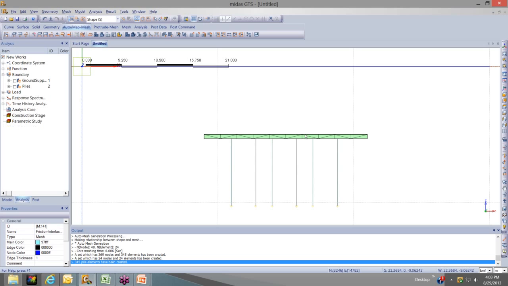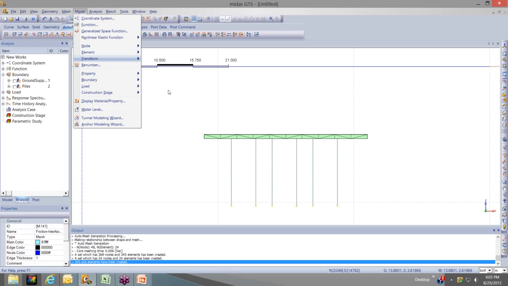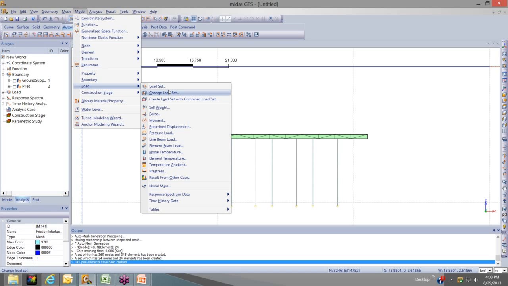Okay, so as I was saying, in order to create the pressure load on the pile raft, just go to Model, and then go to Load, and then go to Pressure Load. Here it is. Before I continue, as you can see, GTS has all these different load sets that you can create. For higher end projects or projects that are very specific with their loading, you should be able to select from these load options listed here. For example, temperature load, temperature gradients, etc. If you want to account for expansion due to increases or decreases in temperature, you'd be able to do that just using these loads. But once again, for this project, all we really need is just a pressure load, so